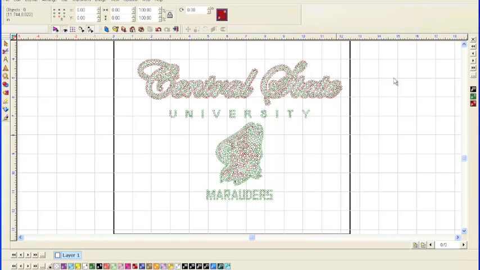And now that leaves us with the number 20 color up here. And I'm going to double click on that color. And it's only a very few rhinestones here in the center of the design. And I'm going to make those number 12 blue here. So I don't know if you'll even want to use those particular stones, but that's what we do to convert